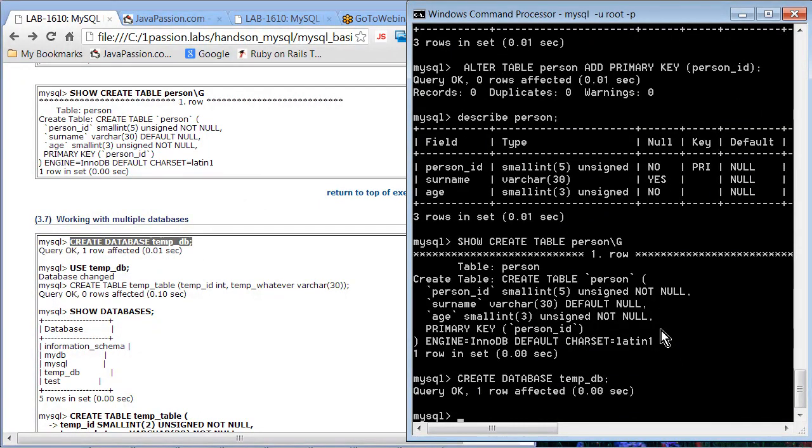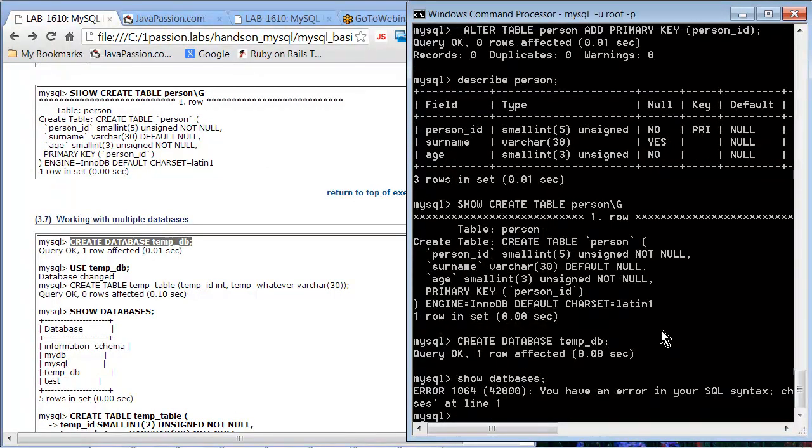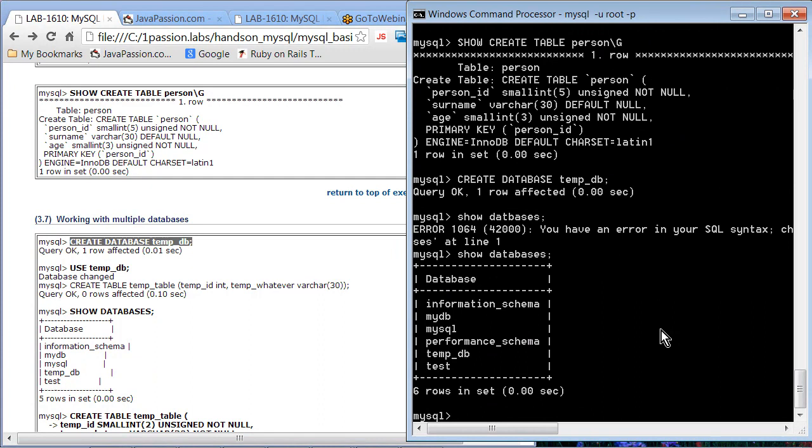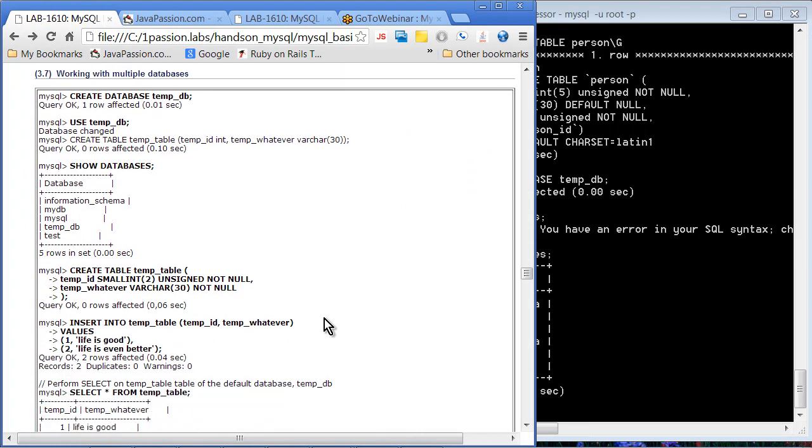Okay, so now if I say show databases, we should see both databases. Now we should see not only MyDB but also TempDB. Okay. So now we are going to create